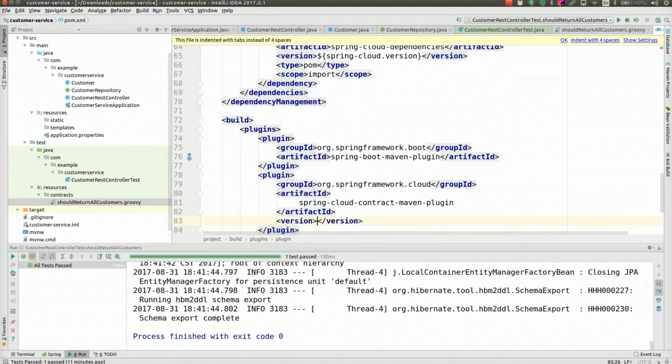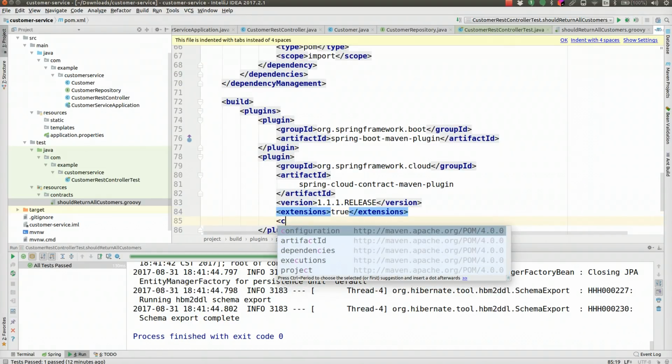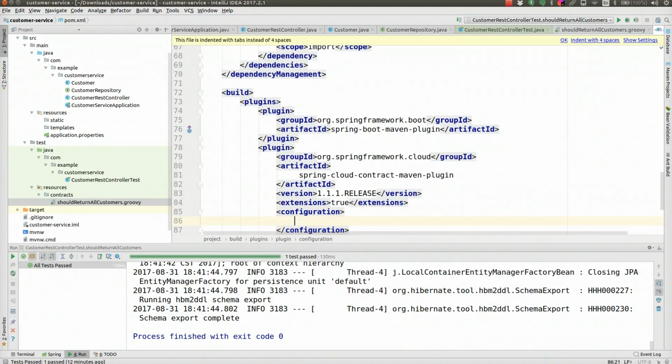And we need a version. We can say 1.1.1 release. That's fine. And this has a few other bits of configuration. The first thing that we have to do is configure that it works with extensions. And the other thing that we need to do is to give it an idea of where to find a